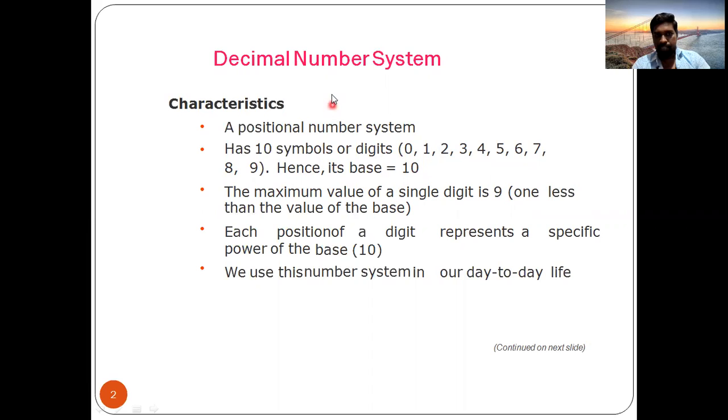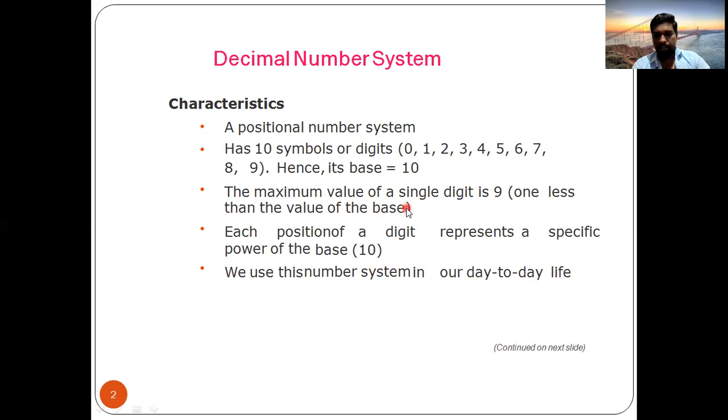So the base of this number system is 10. The minimum number is 0 and the maximum number is 9. Whenever you are dealing with the decimal number system, each and every digit represents a specific weight, and that weight is the multiplication factor of the base. Each digit is multiplied by a scaling factor given in powers of 10, because the base value is 10. These are the important points you need to remember regarding number systems.